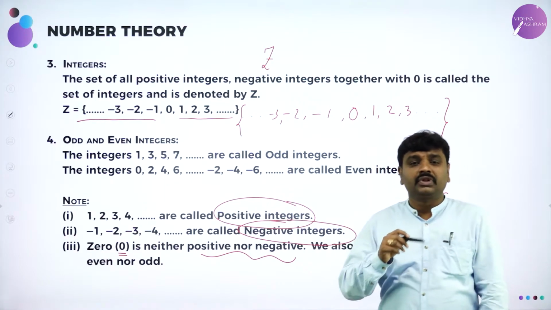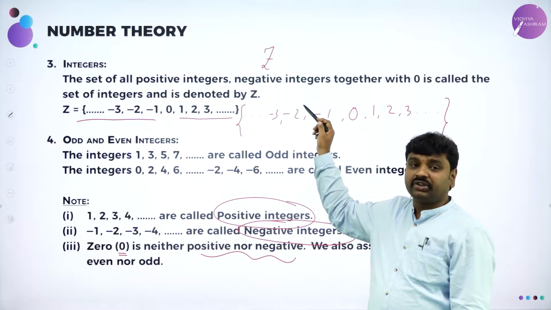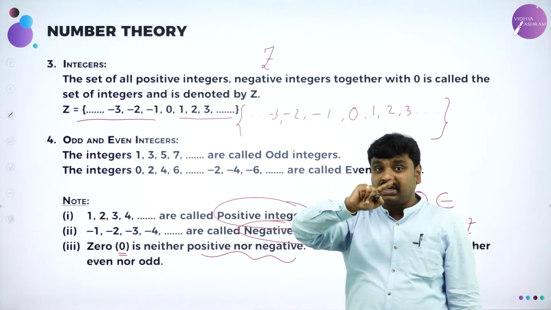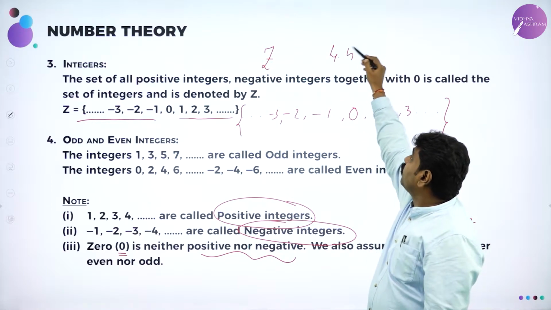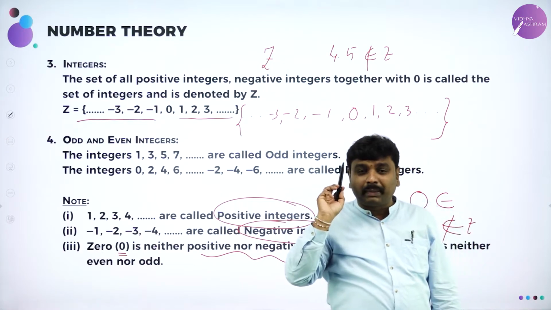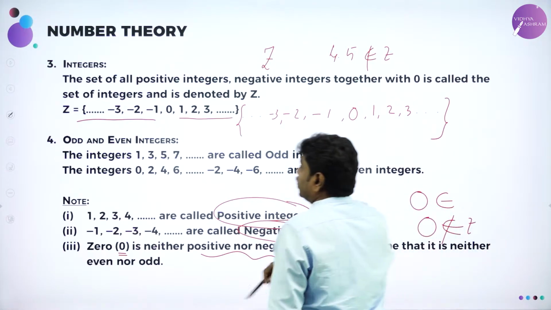So now all of you know what are integers. What are integers? Numbers starting from 0, 1, 2, 3, and so on, and negative numbers including 0. But decimals are not integers. If I ask you, 4.5 does not belong to integers, remember this. Without the complete knowledge of number system, you cannot understand theorems and problems. Now going ahead,